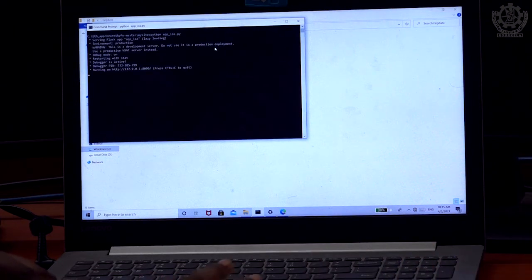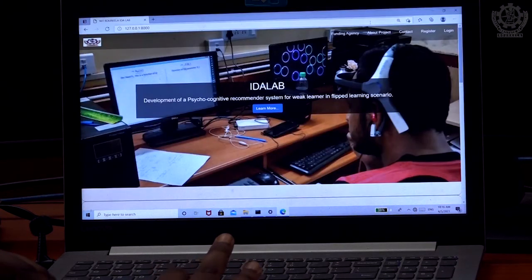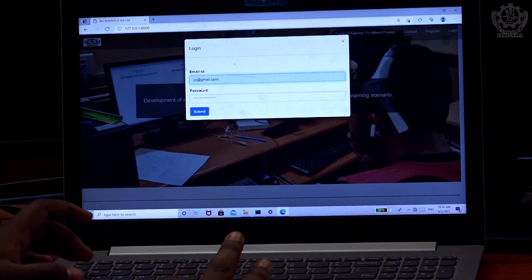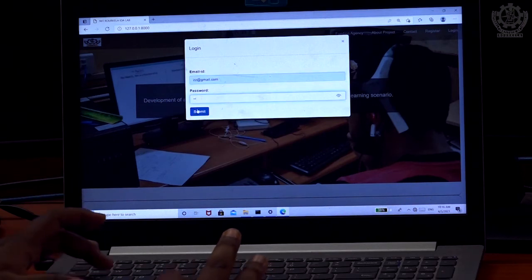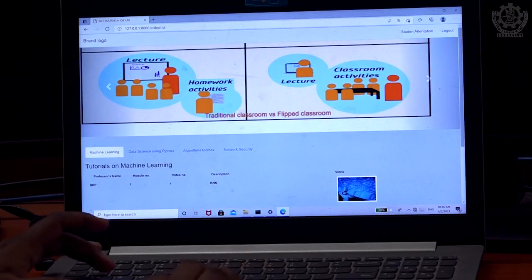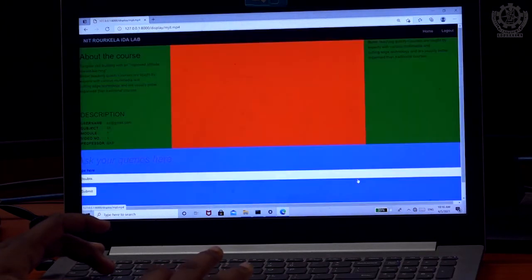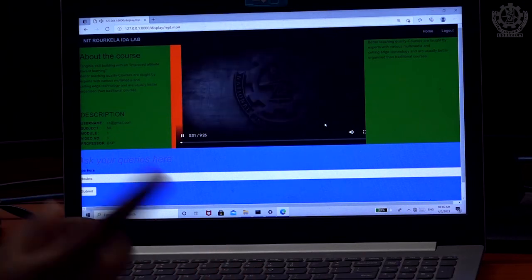The application gets hosted on the localhost, and as you can see, this is the entire application where the student would log in using their own credentials and then can watch any videos. For example, if the user watches this video using the NeuroSky's device,